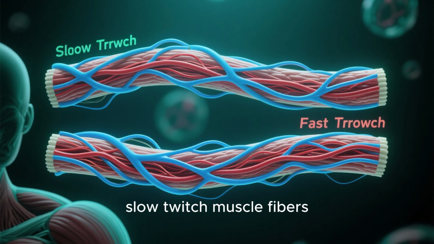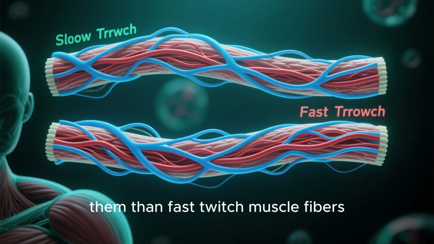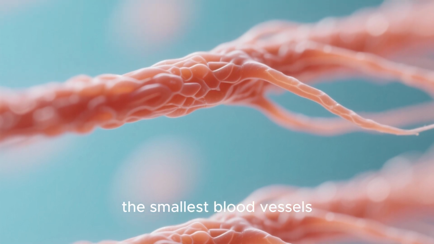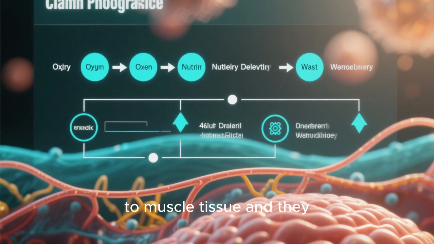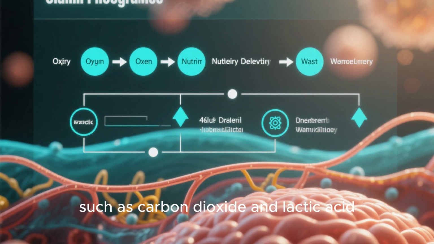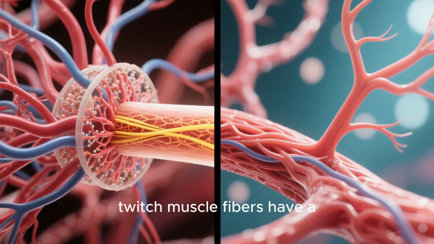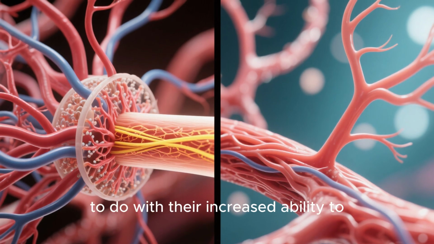Number 4, slow twitch muscle fibers have more extensive capillary networks around them than fast twitch muscle fibers. Now, capillaries are the smallest blood vessels in the body. They deliver oxygen and nutrients to muscle tissue, and they remove waste products such as carbon dioxide and lactic acid. The reason why slow twitch muscle fibers have a greater density of capillaries has everything to do with their increased